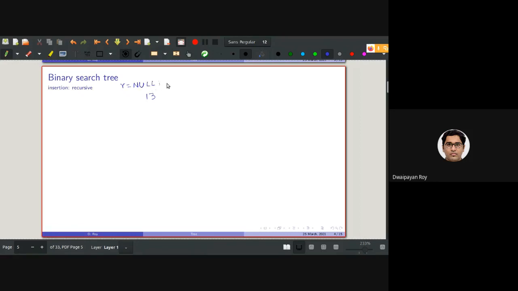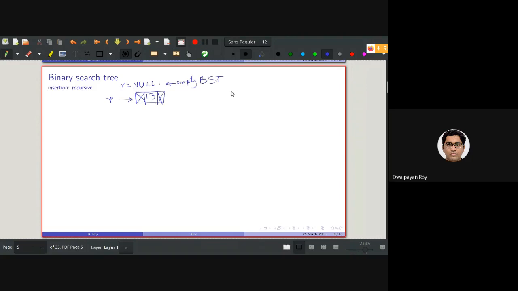This is an empty binary search tree. So when we insert 13, we know that root is null. So what we need to do is make one node, with the value, and the node will be containing left and right subtree, as we have discussed during the discussion on binary trees. The left and right subtree will be containing null by default. So this will be created, and as root is null, root will be pointing to that newly created node.